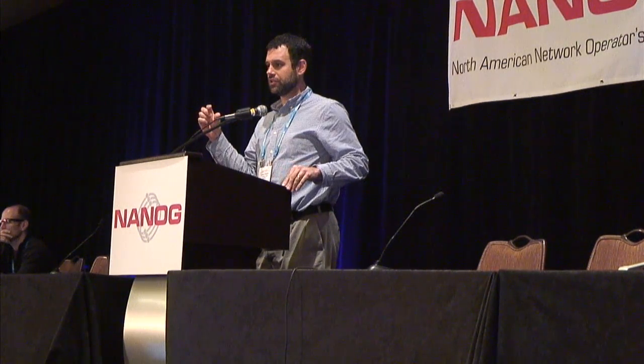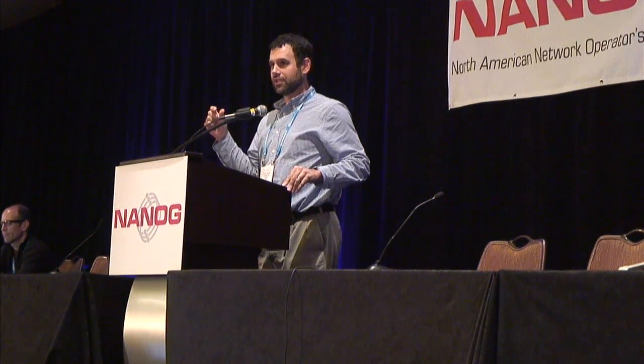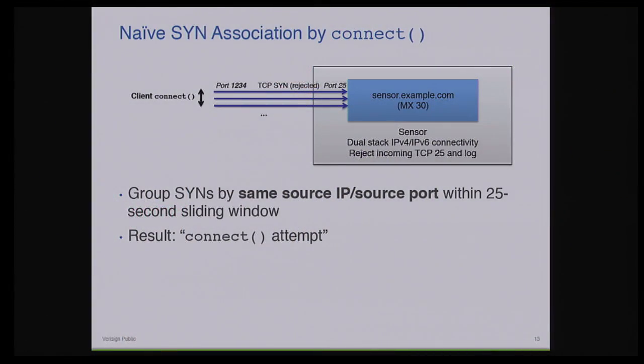Okay, so we basically use a sliding window to look at the time between SYNs that have the same source port and source IP address. Okay, and we used 25 seconds. That was actually just based on initial observations, and that might have been because even though we're sending back a TCP reset, sometimes clients were maybe not getting that and doing a kind of back-off. That was our guess as to what we were seeing there, because usually you see a rapid failure and then you see a rapid retry.